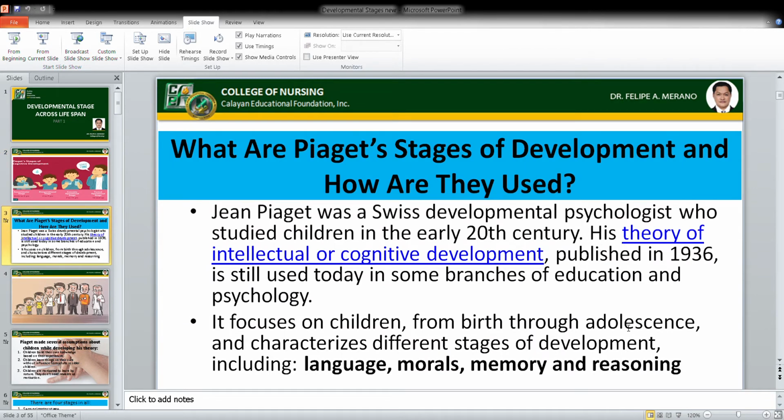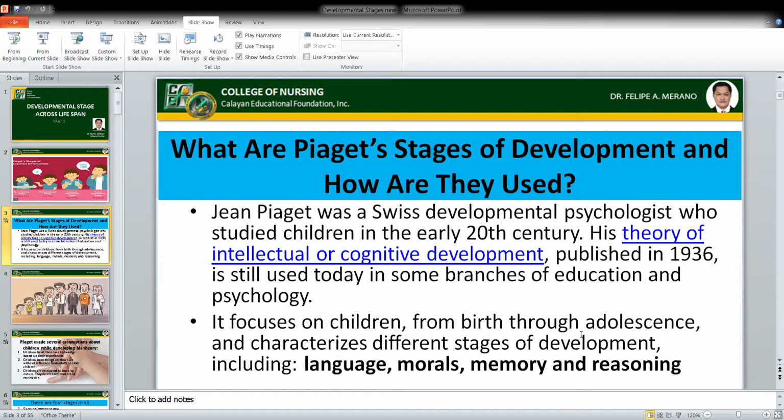So what are Piaget's stages of development and how are they used? Jean Piaget was a Swiss developmental psychologist who studied children in the early 20th century. His theory of intellectual or cognitive development, published in 1936, is still used today in some branches of education and psychology. It focuses on children from birth through adolescence and characterizes different stages of development including language, morals, memory, and